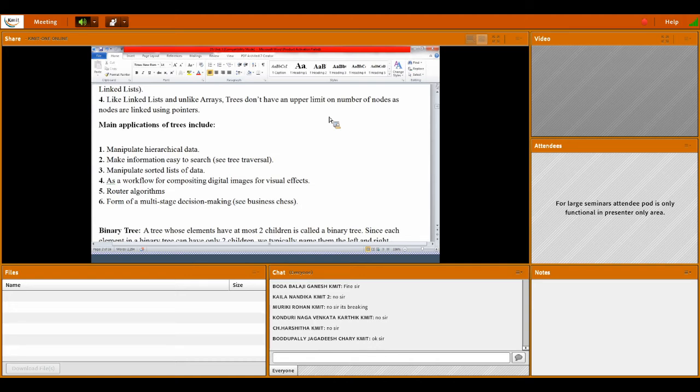And router algorithms: there are many algorithms for routing nodes or data, so router algorithms can be one of the applications of these trees.